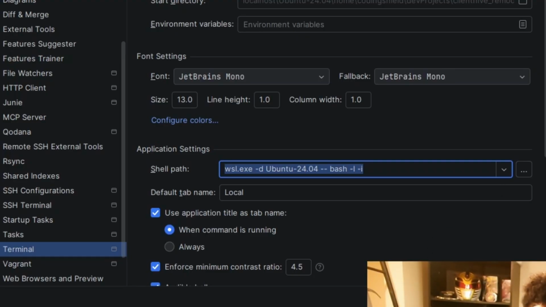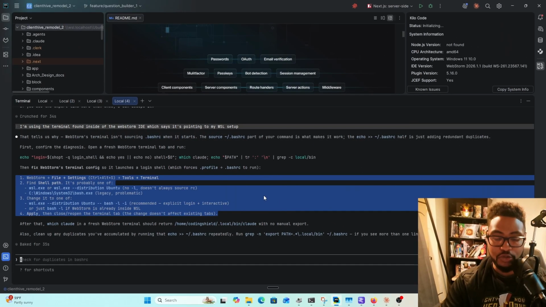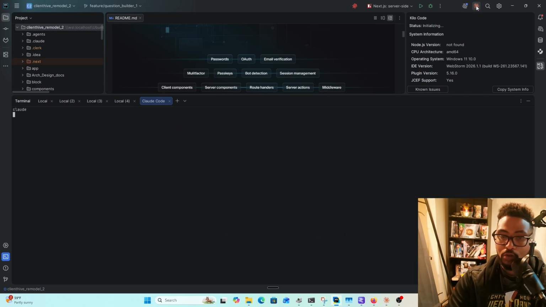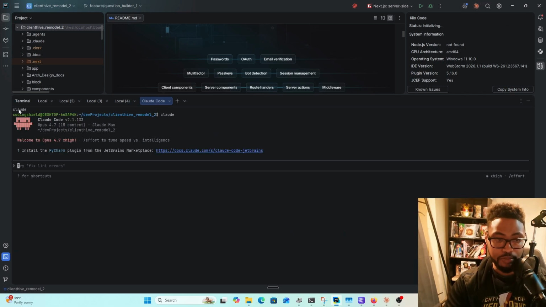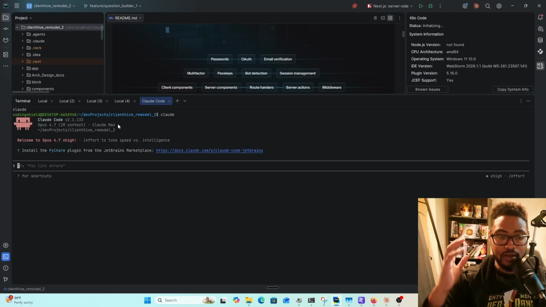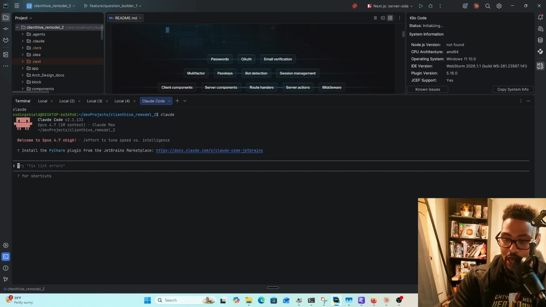But then once you do that, go ahead and hit apply, and okay, you should be good. Now, if you want to go ahead and use a new terminal or new Claude Code instance, you should be able to say claude, and it will say, hey, open up Claude Code and now install or do whatever you're trying to do. It will tell you, like I was hoping this was going to happen, it will tell you